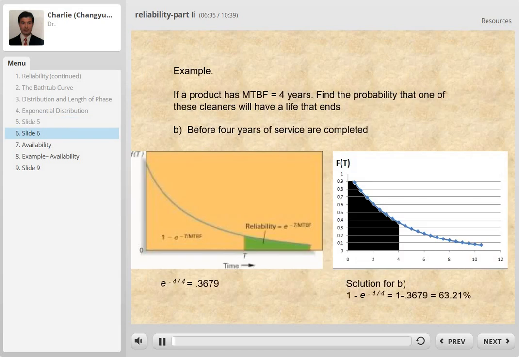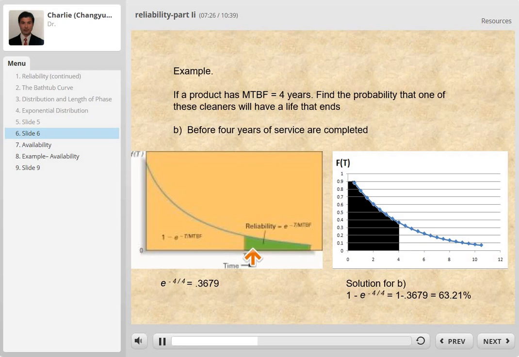Let's continue our example. For the same vacuum cleaner, with the same mean time before failure, we want to know the chance that the life of this cleaner will end before 4 years. So it looks like this. We want to find the size of this area. Here comes a little bit of probability. From the table, we know that if t equals 4, then the size of the area beyond t equals 4 years, which is our last example,